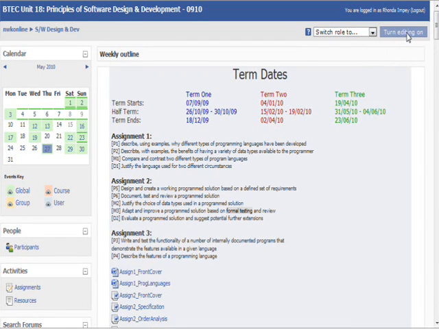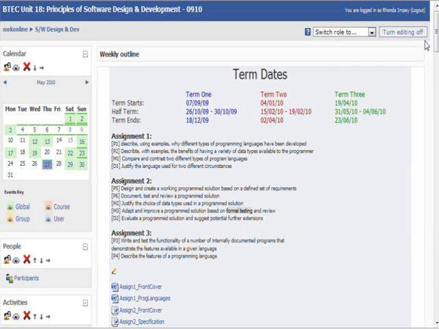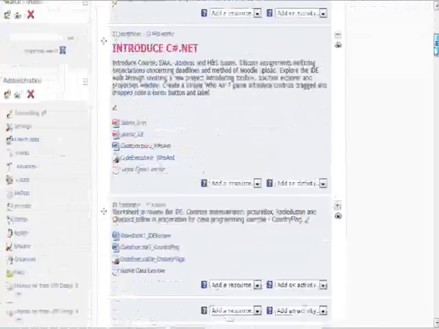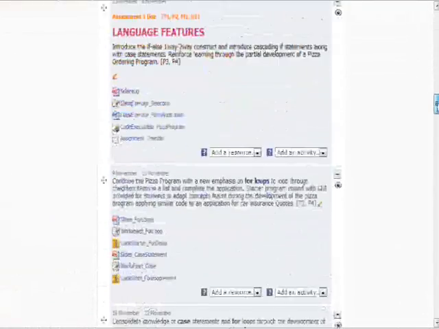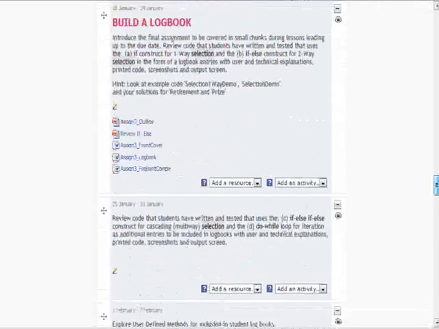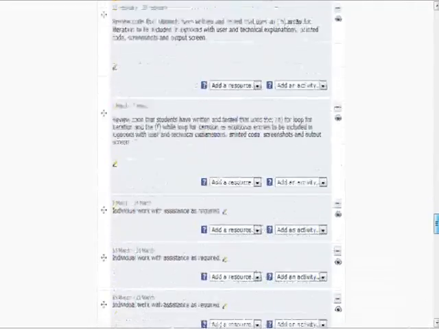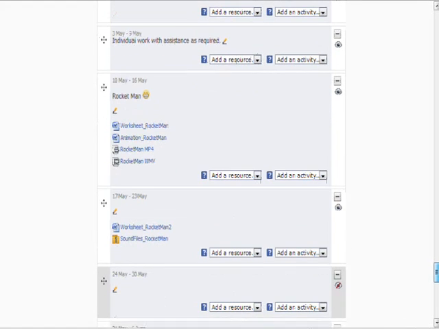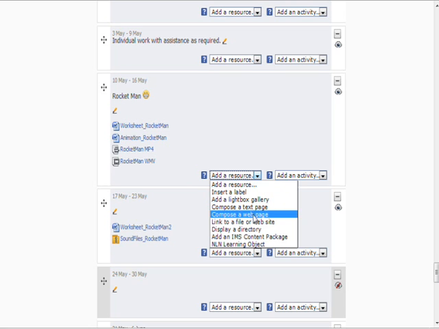We turn editing on, scroll to the section where we would like to add our file, spin a big gear. Here we go. Add a resource, link to file,